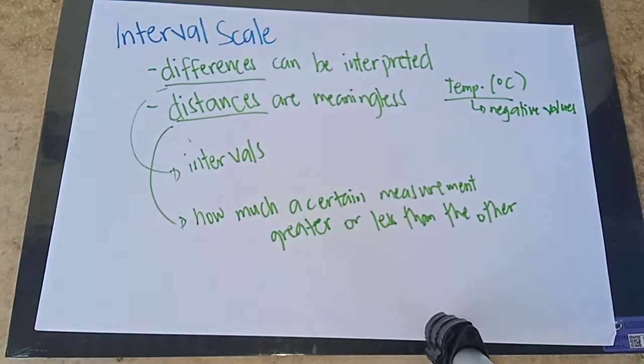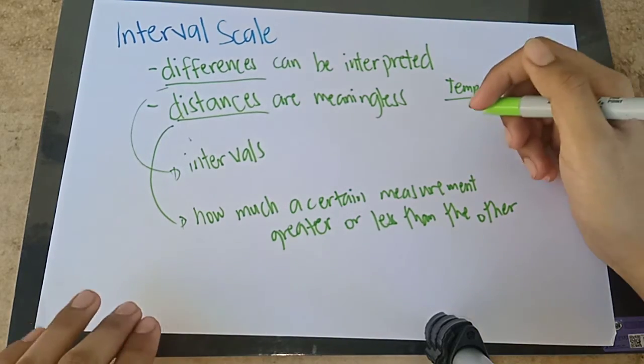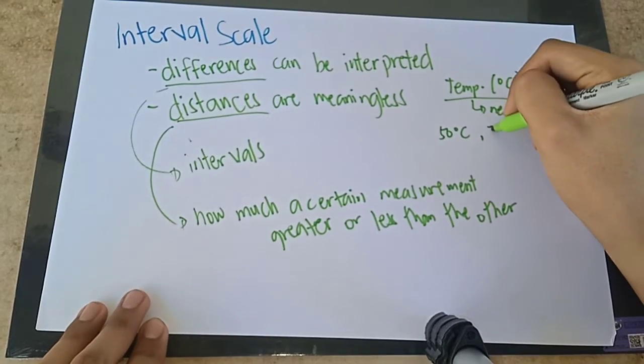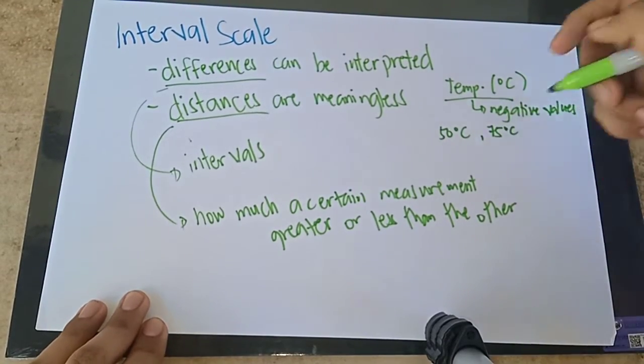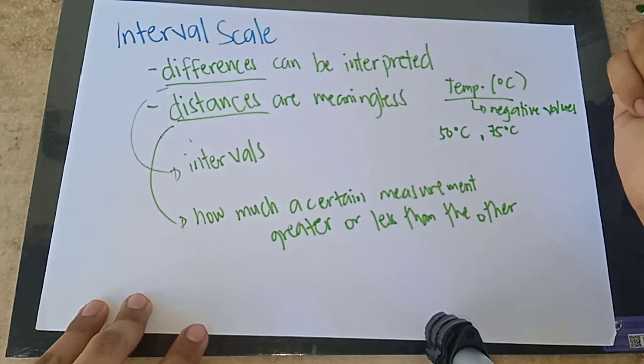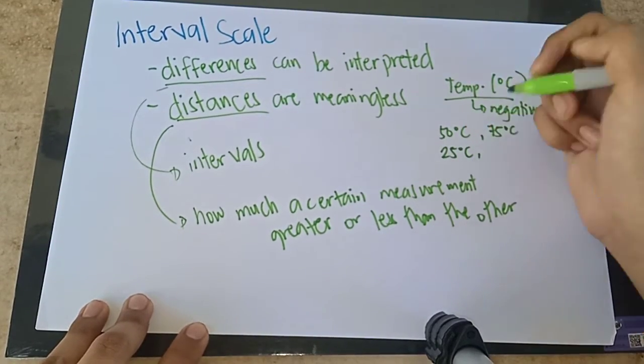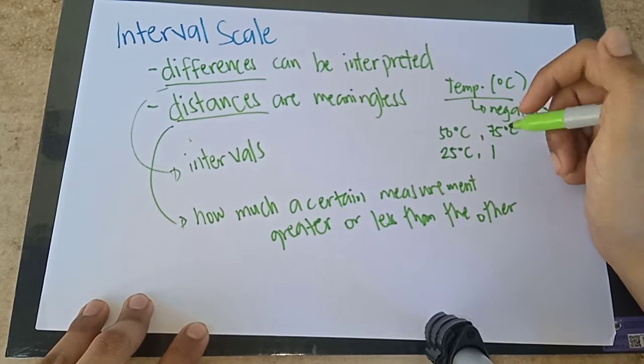Meaning to say, interval scale uses the artificial 0. Now, let's say we have a temperature of 50 degrees Celsius and 75 degrees Celsius. And on the other setup, we have 25 degrees Celsius and 50 degrees